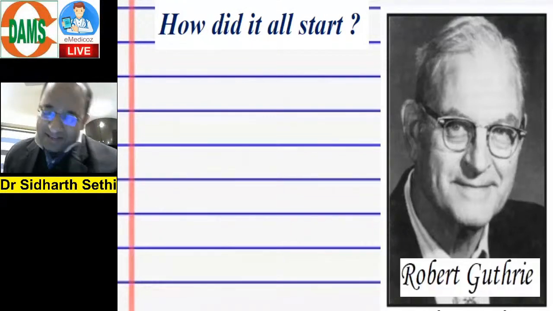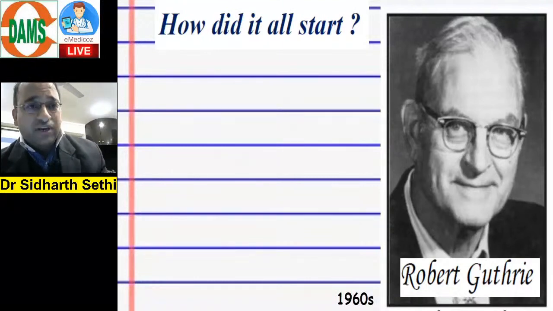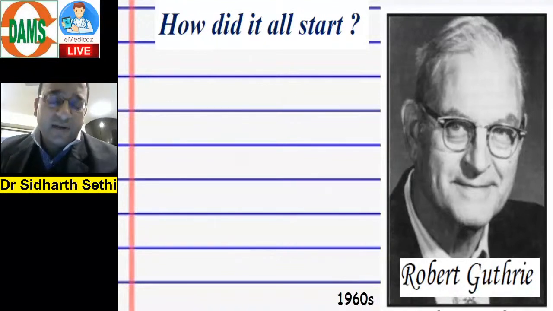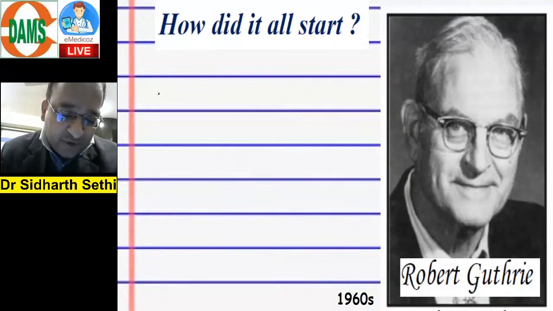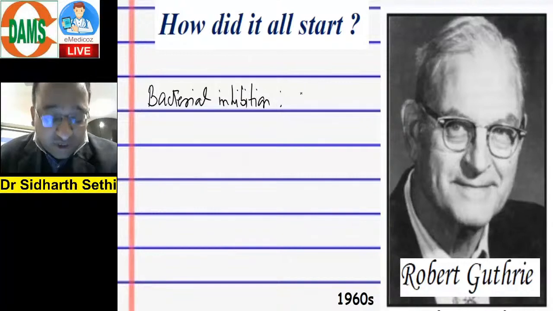You're right. He is Dr. Guthrie, Robert Guthrie. And you know the Guthrie's test? So Dr. Robert Guthrie was a scientist, and actually his child was mentally retarded. Because of his son who had mental retardation, he discovered the Guthrie's test for phenylketonuria, which is a bacterial inhibition test. Way back in 1960s, he discovered the first neonatal screening test, the Guthrie's test, the bacterial inhibition test